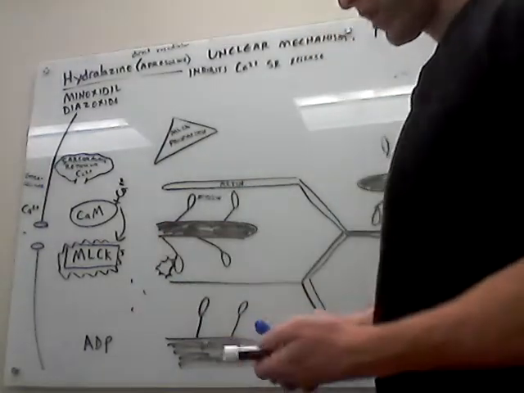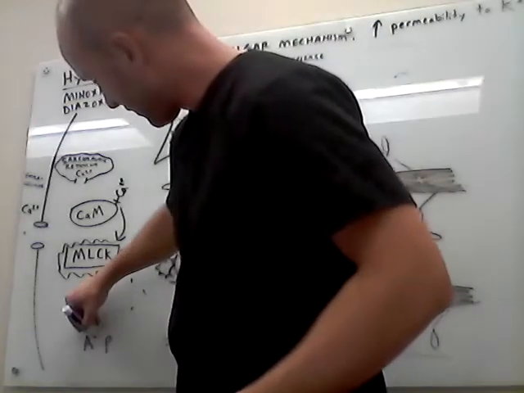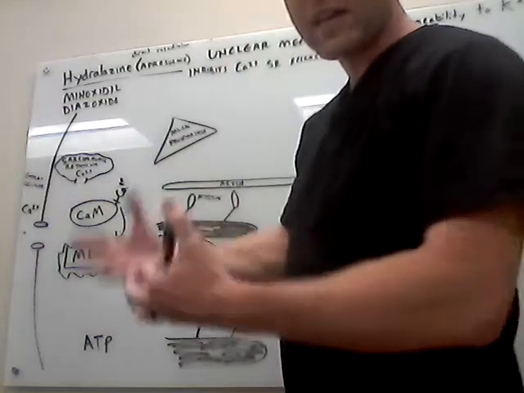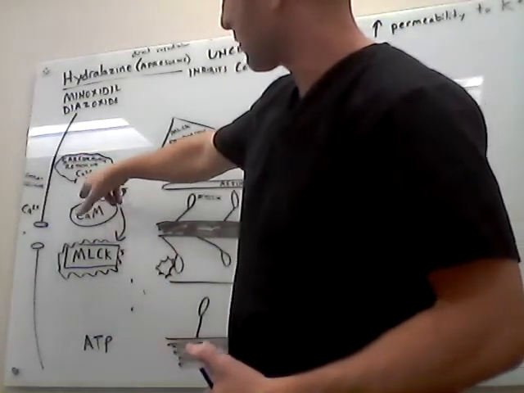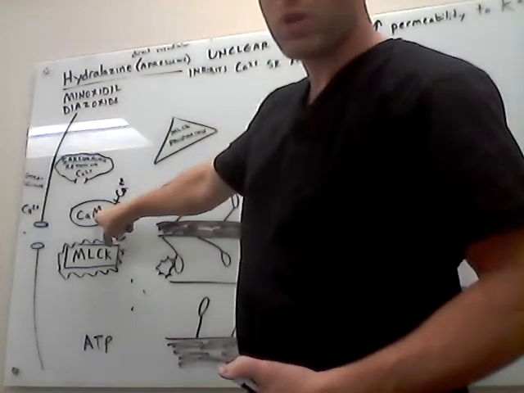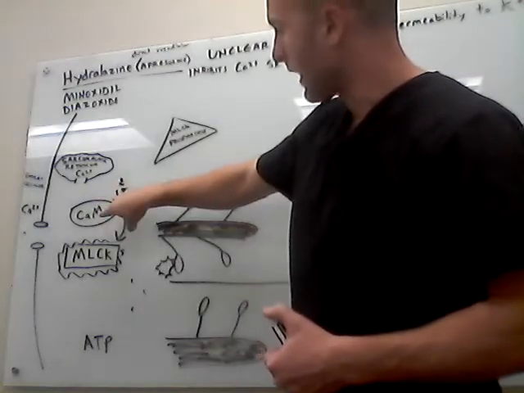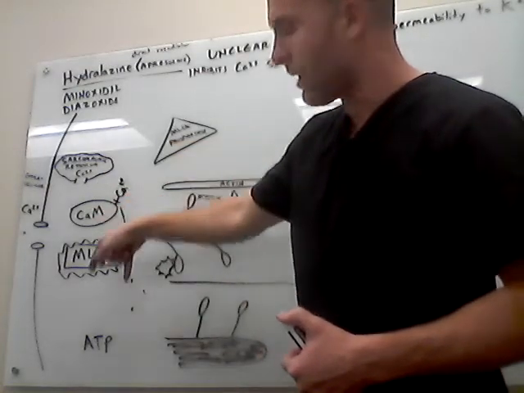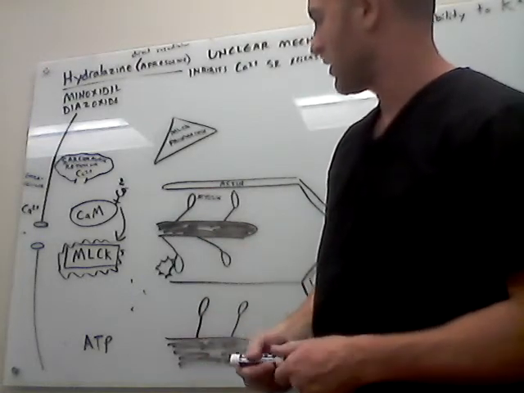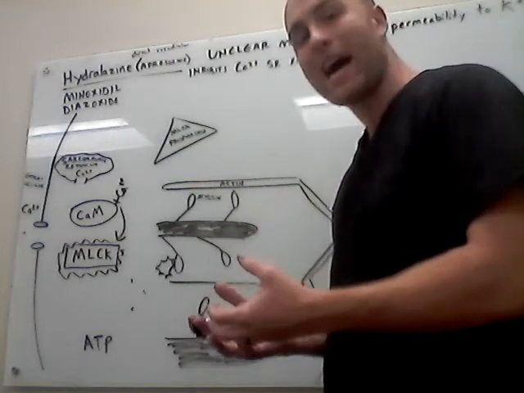But it doesn't work that simply. There's actually kind of a complicated process here. So what happens, it's not that complicated. What happens is the calcium comes out of the sarcoplasmic reticulum when it gets activated. The calcium binds to a molecule called calmodulin. The calmodulin with the calcium now binds to myosin light chain kinase, or it activates myosin light chain kinase. And then the myosin light chain kinase, you think kinase is a kind